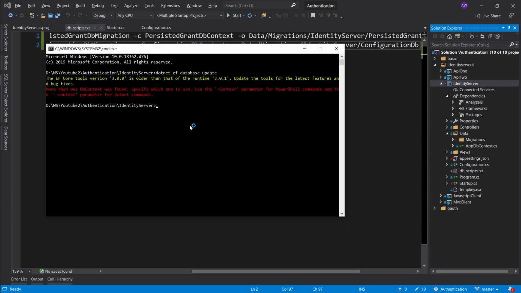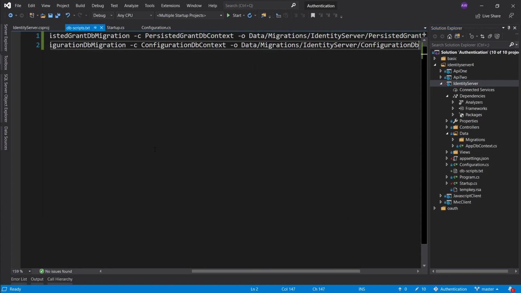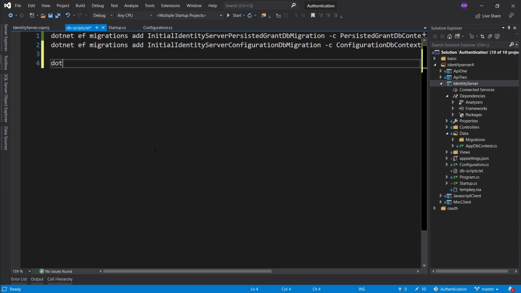Okay, so now we get an error that basically more than one context has been found. So we have to pretty much run .NET database update for 3 different contexts, right? So let's go ahead and do that. I'd like to type these out. So .NET